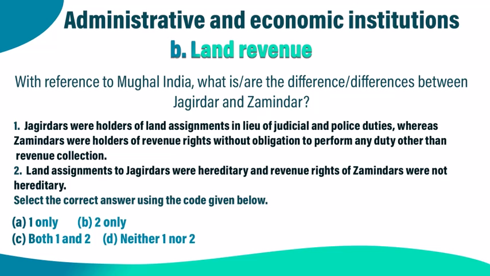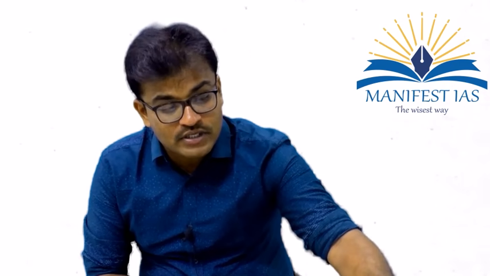It very clearly shows that you need to understand the Jagirdari system in a crystal clear manner. Okay, the Jagirdar system, Mansabdar system, how they are different, how these two are dependent upon the Jamindari system. All of these technical aspects you need to have a lot of clarity about. Then when it comes to the third format in the administrative and economic institutions, they have also concentrated upon